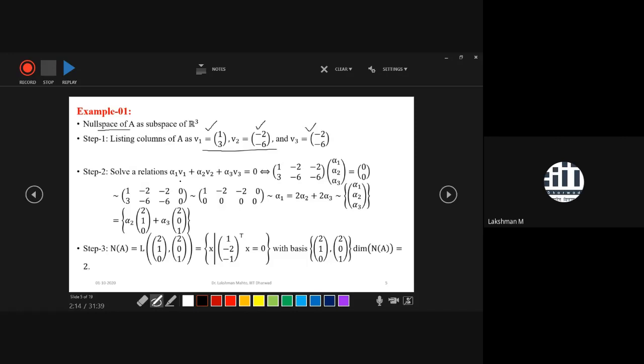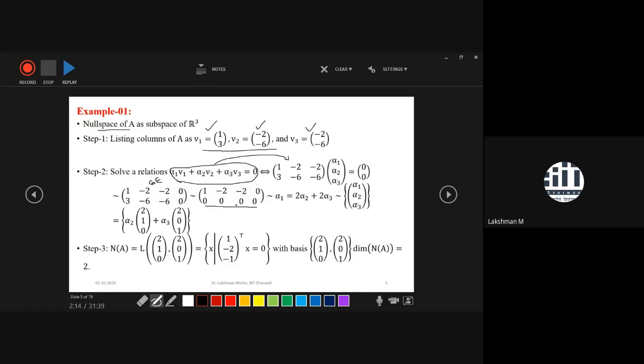So in order to find the null space, it is equivalent to solving this linear relation. It is just a homogeneous system of linear equations. To solve this system, we have to write it in matrix form. Once we have the matrix form, we can always apply the Gaussian elimination technique that we have already practiced a lot in module 1. So you just apply the Gaussian elimination method here, then you get this reduced form.